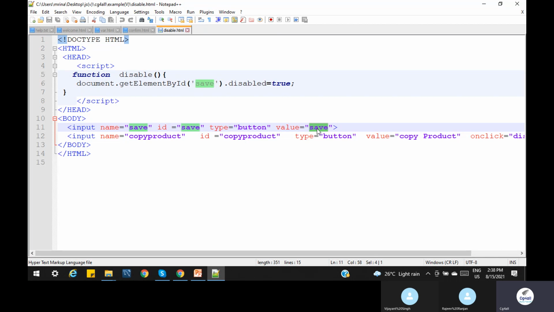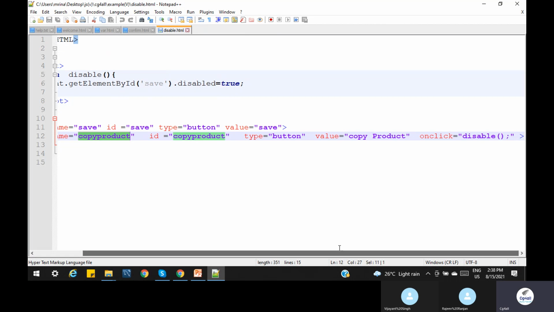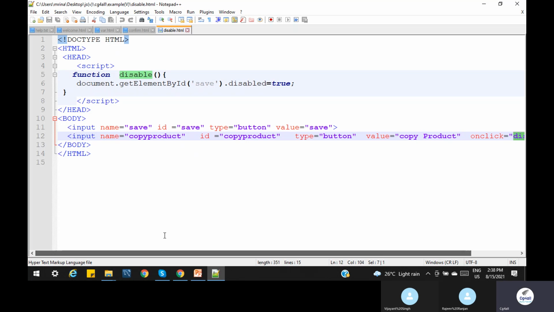In the same way we create copy product. When someone copies the product, our requirement is to disable the save. So when clicking on copy, the value is copy product, and it should call this function, right? What we are doing is disabling the save.